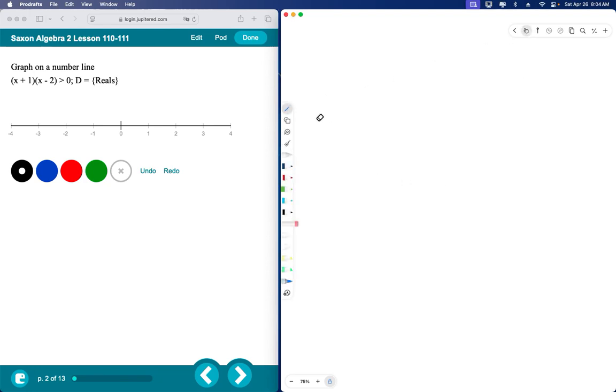So let me write that down for you. That's one of the things that we need to know. If it is greater than 0, it must be a positive number. Okay, so that is the premise that we're working from. Greater than 0 must be a positive number. So that means if we have A times B greater than 0, then A times B must